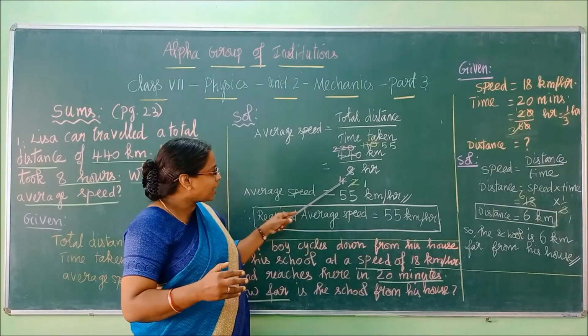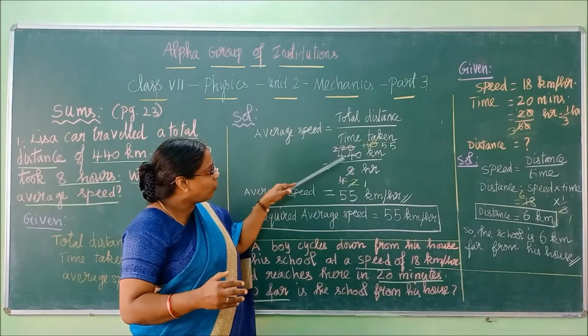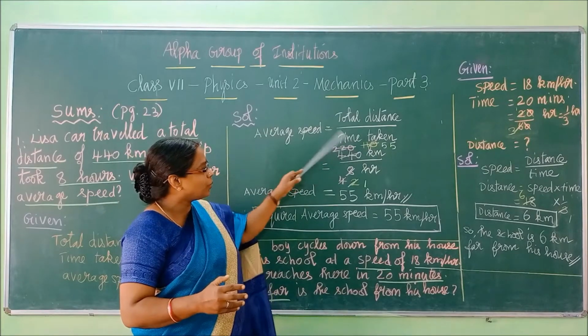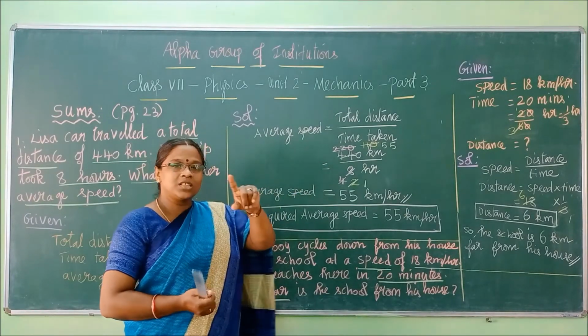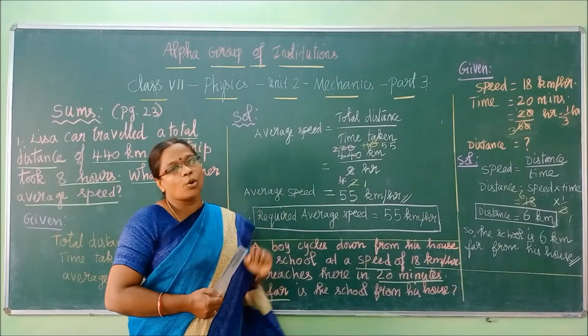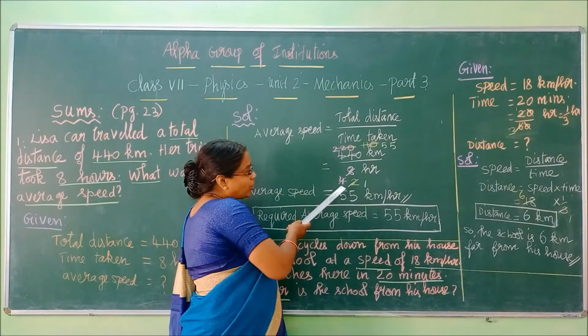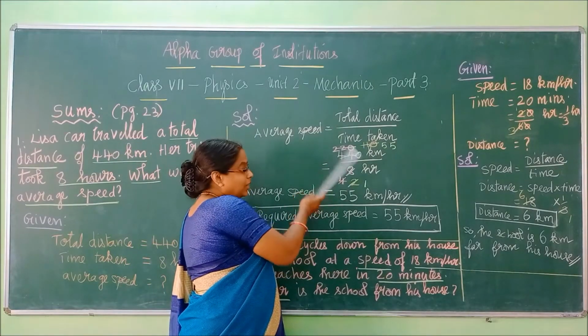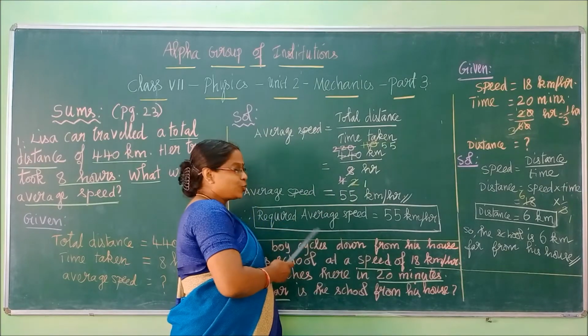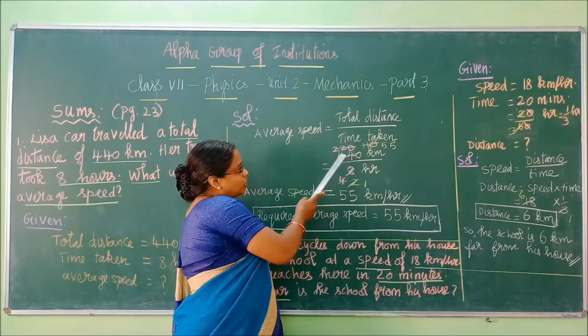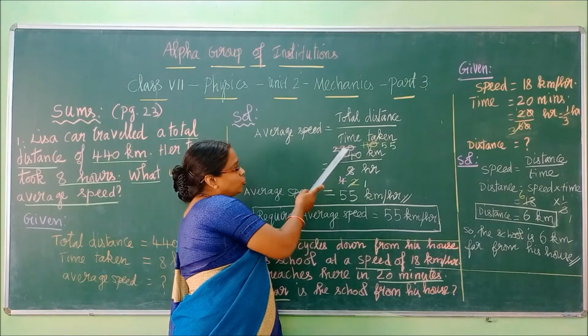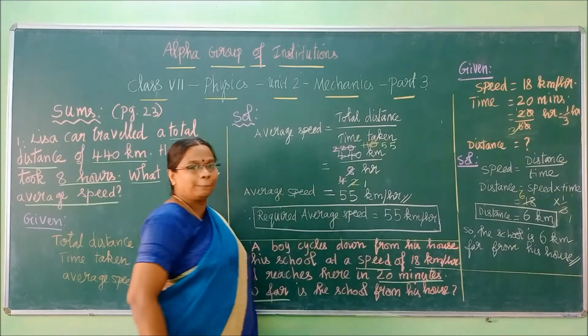2 4s are 8 and 2 2s are 4, 2 2s are 4 and 0 will come as it is. So the first step of striking out is over. Next, 4 is here, 220 is here, that I am striking again with 2. 2 2s are 4, 2 1s are 2, 2 1s are 2, 0 here.